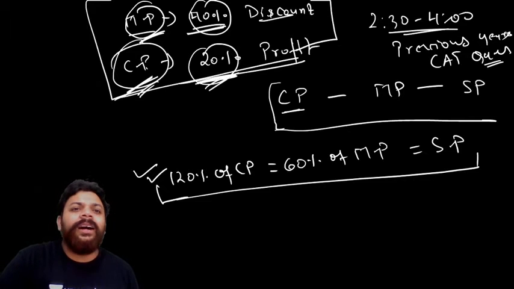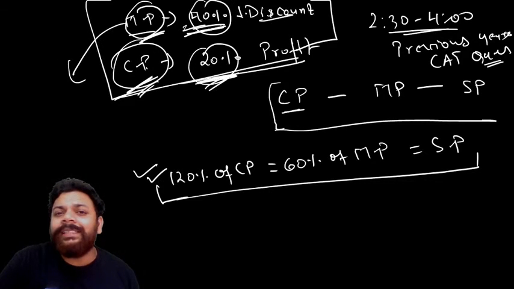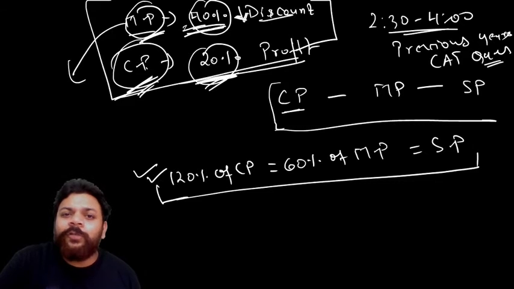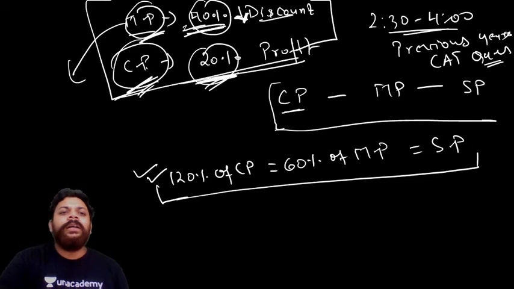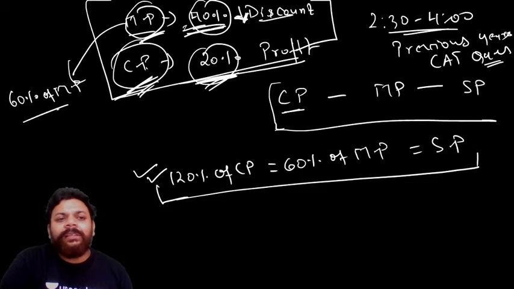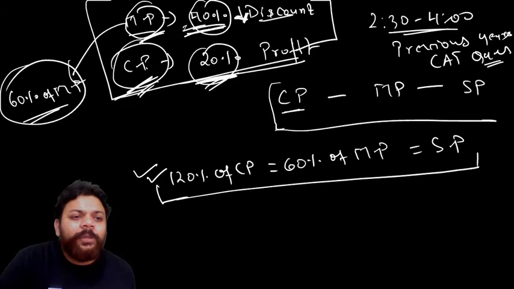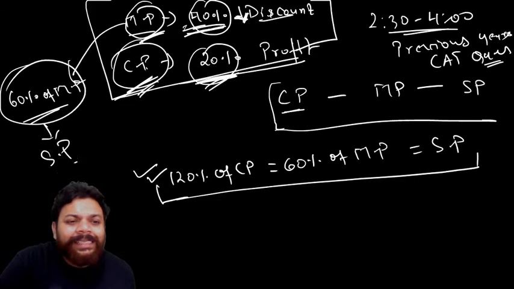जस्ट ट्राई टू थिंक, अगर मैं मार्क्ड प्राइस पे 40% का डिस्काउंट दे रहा हूं, मैंने डिस्काउंट बोला भी था, ट्राई टू कंसीडर दैट वन एज माइनस, सो 40% से डिक्रीज होगा, दैट मीन्स यू नीड टू पे 60% ऑफ मार्क प्राइस ओनली, अगर 40% का डिस्काउंट है तो, एंड दैट इज गोइंग टू बी योर सेलिंग प्राइस.